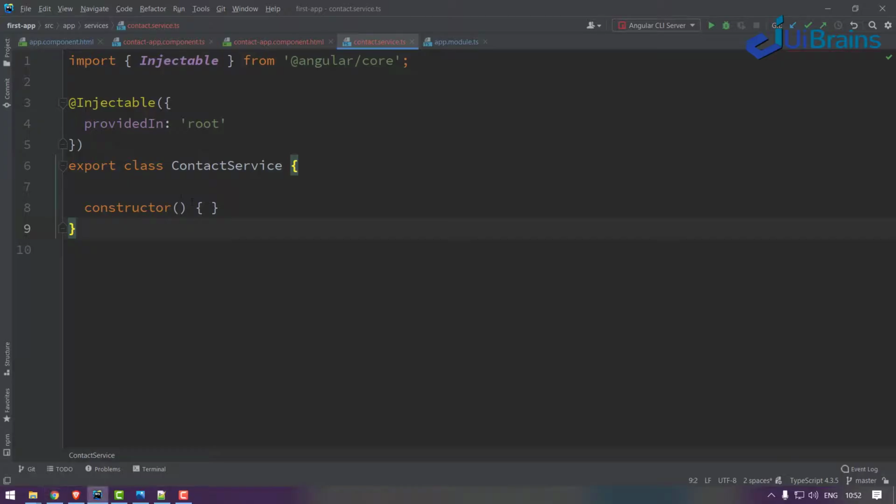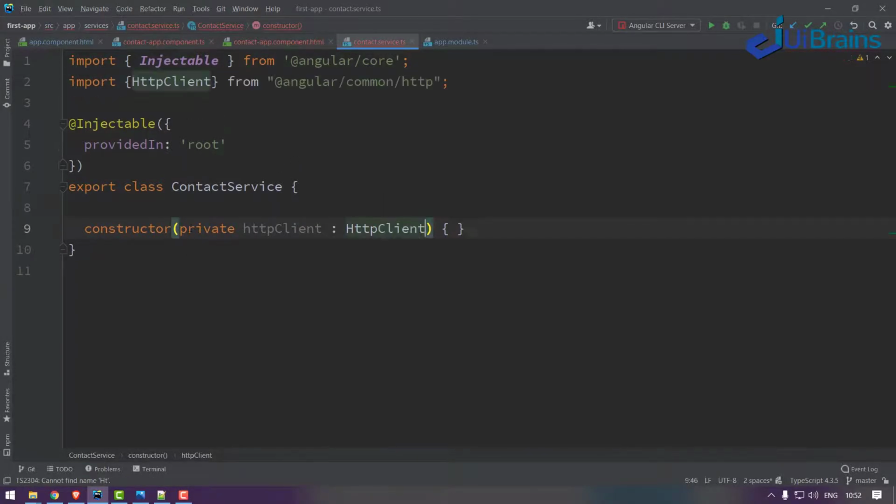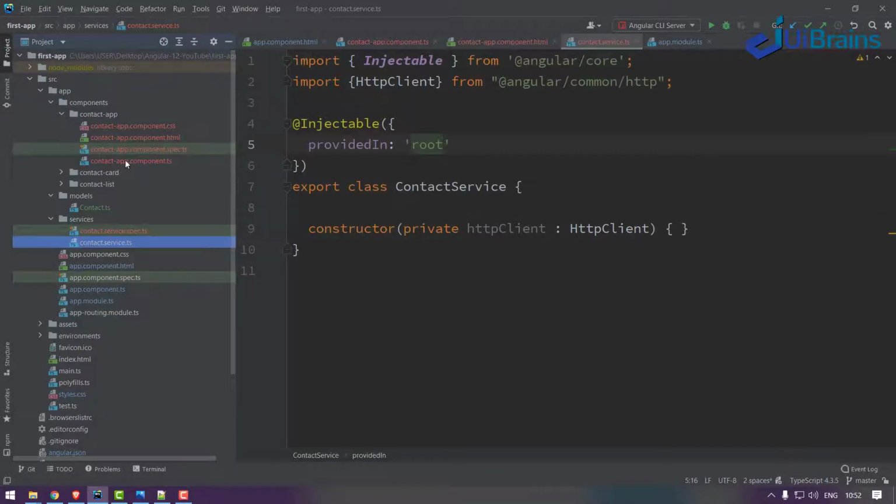So what I do is first I will inject HTTP client. I hope you know this part, right? Before you start using HTTP client in Angular, you must import that module in app module.